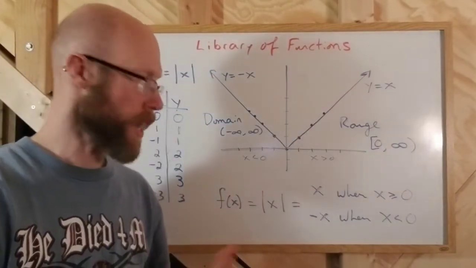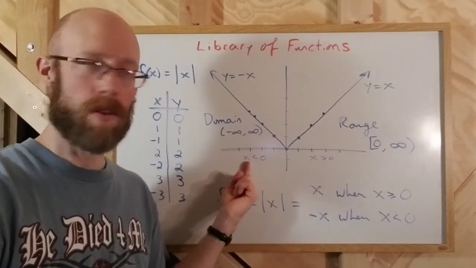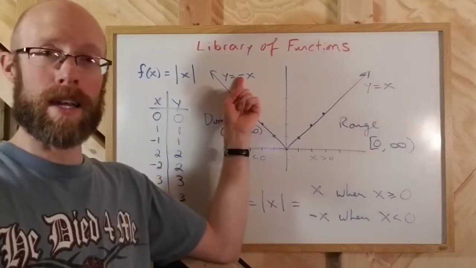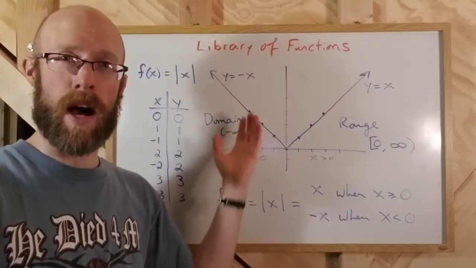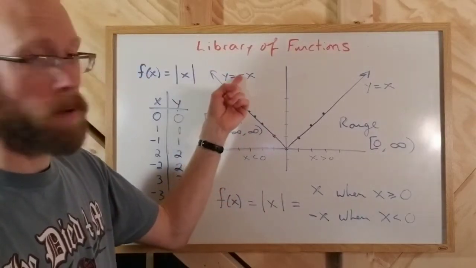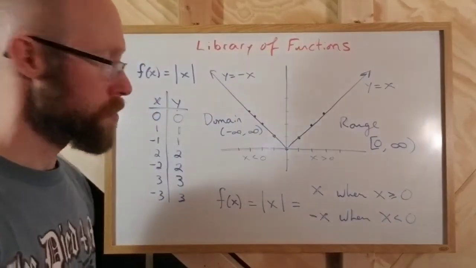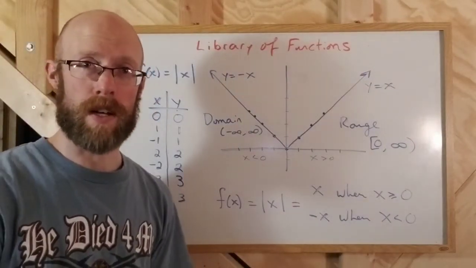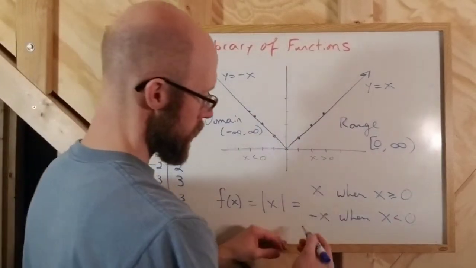Well, if you think about that, if you had a negative value, if x itself was negative, and then you multiplied it by yet another negative, the double negative makes it positive, and that's how you get a positive output, right? So you have a negative input multiplied by another negative gives you a positive, which makes sense. That's what an absolute value should give you. Okay? Well, these two functions together